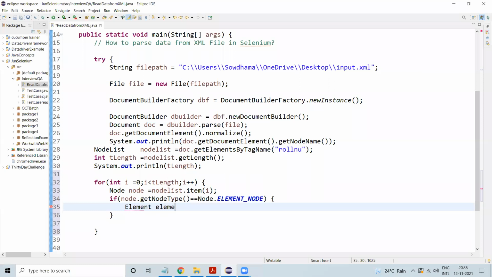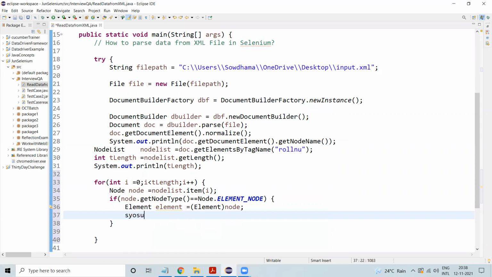I'm just storing this element of node. Element also comes from the W3C doc. Now I want to print one by one. If it is matching, if the condition is true, then it is going to print one by one element, right?